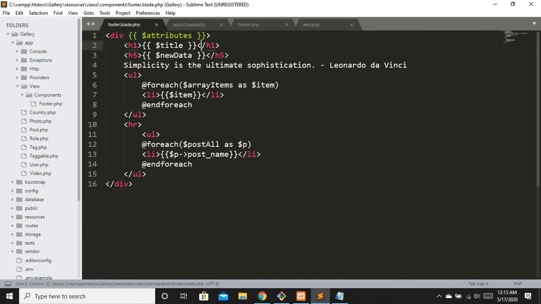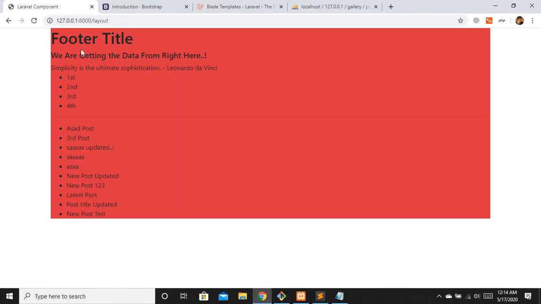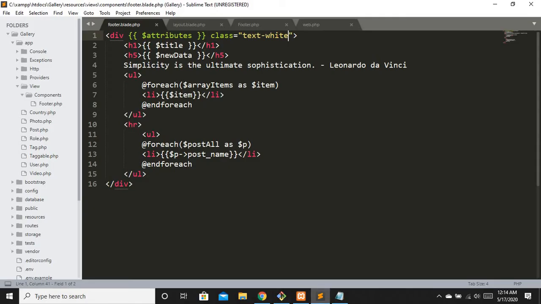Okay, now the other thing is, let's say you want to apply class right here to this footer.blade.php. Let's see this class, and let's say text-white. So how are we going to do that? Let's see if it is working or not. So you can see text white class is not working right here. So whenever we are going to use a class right here in the footer.blade div, we have to simply merge it.